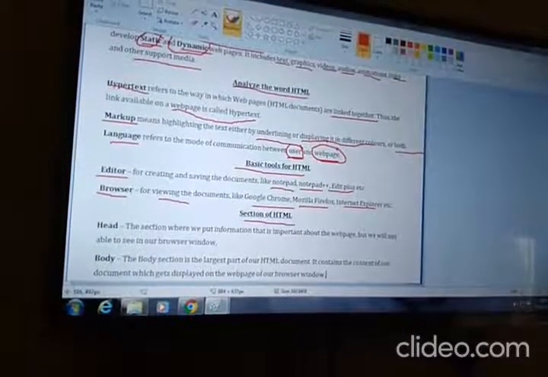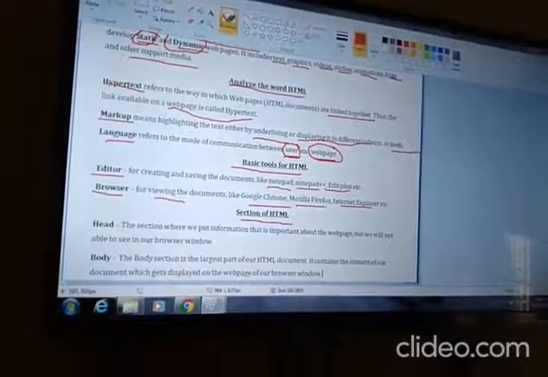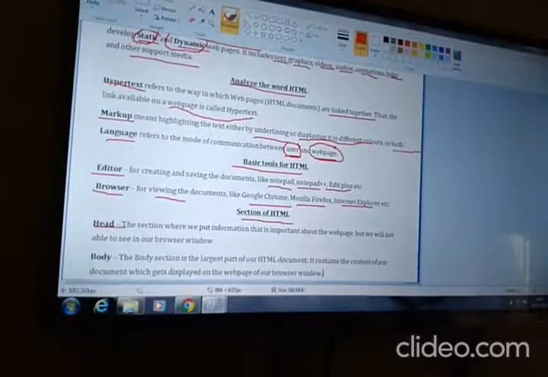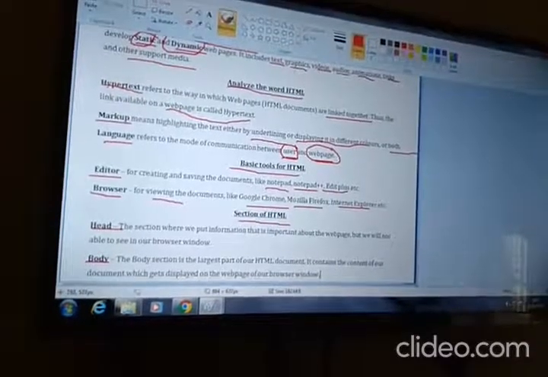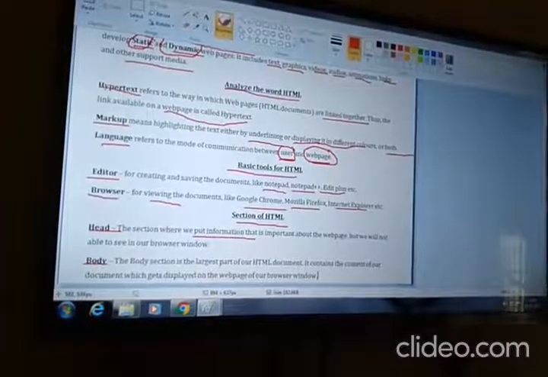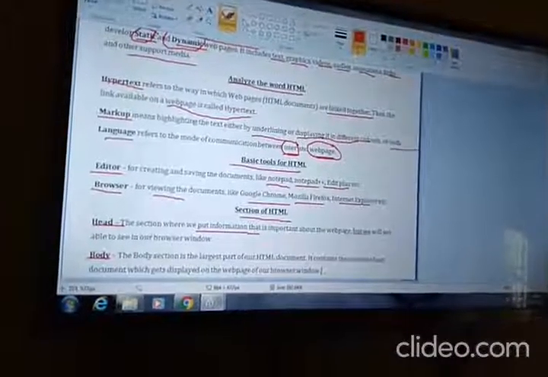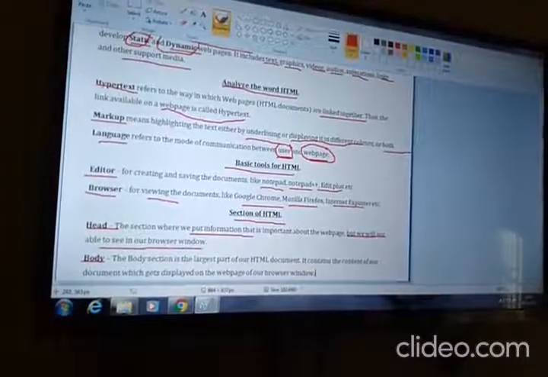Next topic is sections of HTML. Our HTML document has two sections. First is head and second is body. The head is the section where you put information that is important about the web page, but we will not be able to see it on the browser window.